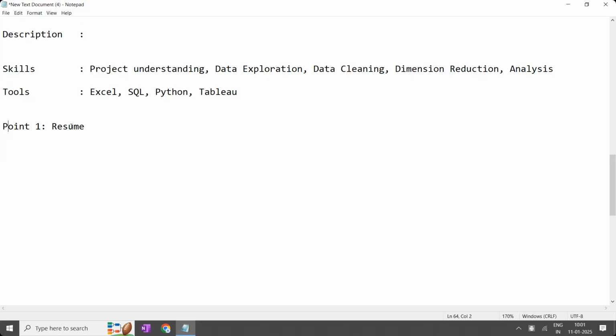Sir, in ChatGPT the interview question is like this, sir. In Google the interview question is like that. Okay, interview questions are there, but based on what? Every person's interview questions will not be the same. Okay, this is the first point.